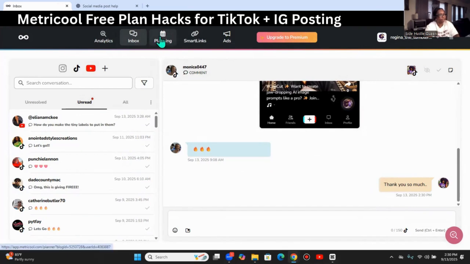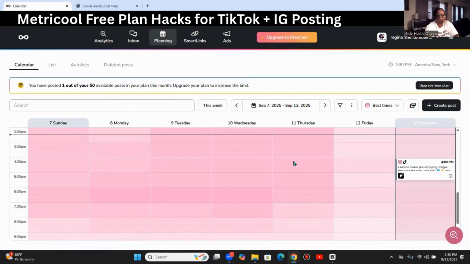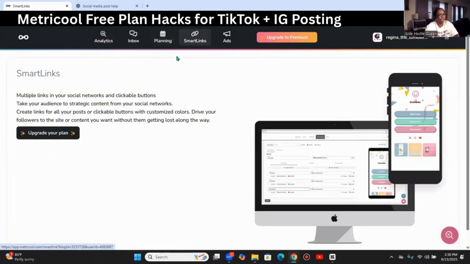Then again, you have the planning button for when you schedule your social media content. Smart Link, in case you're wondering what Smart Link is, is another Linktree. It's just like Linktree, but it costs; you will have to upgrade your plan to have this. If you already have Linktree, you don't need Smart Link. It's the same thing, just a different company. Even if you look at it on the side, it looks exactly like Linktree. So if you're not planning on upgrading the plan just to get that, go get Linktree. It's absolutely free.